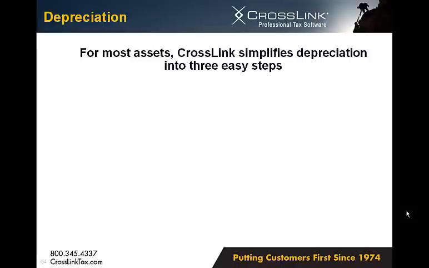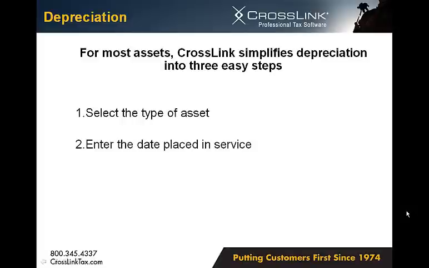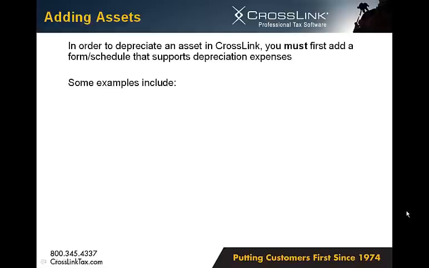For most assets, CrossLink simplifies depreciation into 3 easy steps. First of all, we're going to select the type of asset, and that's going to be selected from an asset class code. And then from there, we're going to enter the date placed in service. And then the third and final step for most of our assets, we're simply going to enter the cost or the basis of the asset. And the CrossLink software is going to be able to handle a lot of our assets just based on these 3 easy steps. In order to depreciate an asset in CrossLink, we must first add a form or a schedule